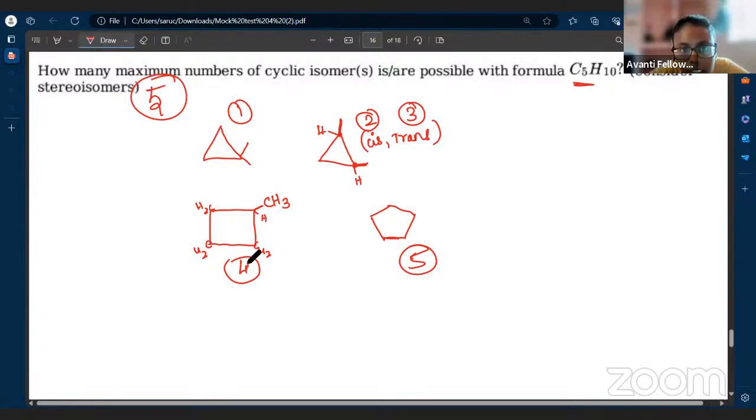So this is a stereoisomer. You'll be getting cis and trans. And when there is a chiral center, you'll be getting a stereoisomer, an optical isomer. When you take this one, you have hydrogen, CH3, CH2, CH2 on both sides, so it is not a chiral center. Here too, there is no chiral center, because it is attached to the same thing. So considering stereoisomers only, you have got 1.